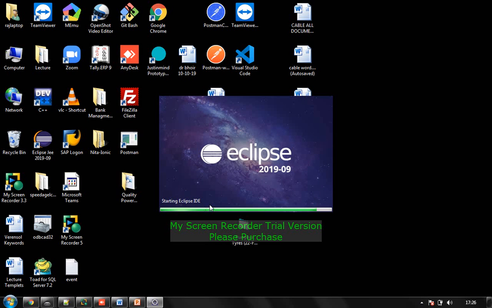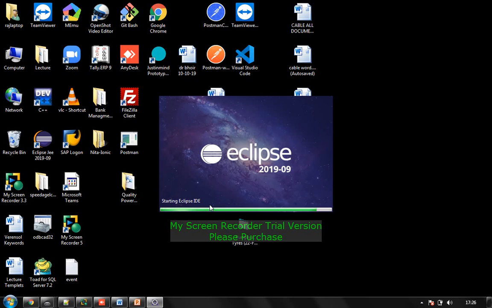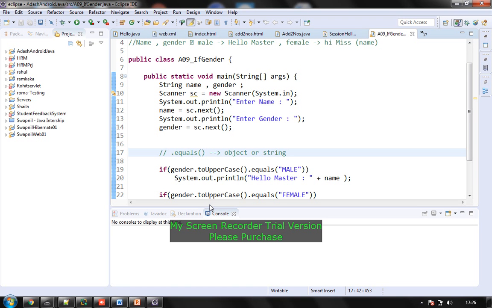Basically this is an IDE, and we also have another type of IDE. The first is Eclipse and the second is NetBeans. But NetBeans is a product of the Java company. Now Java is not working on it, and now mostly people are working on Eclipse only. So we'll start with the same.